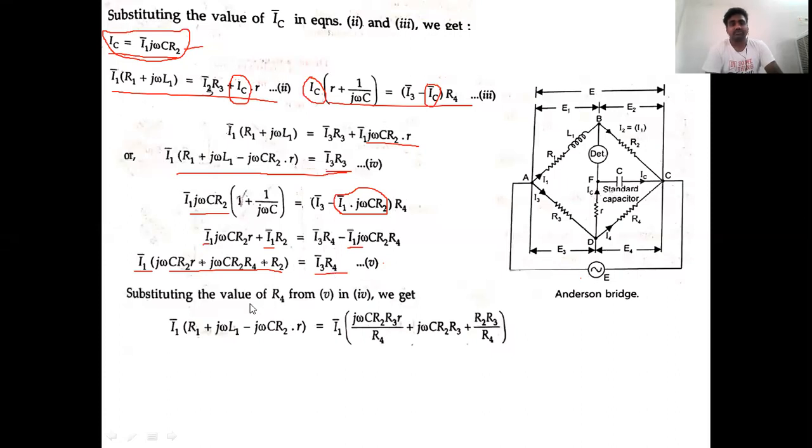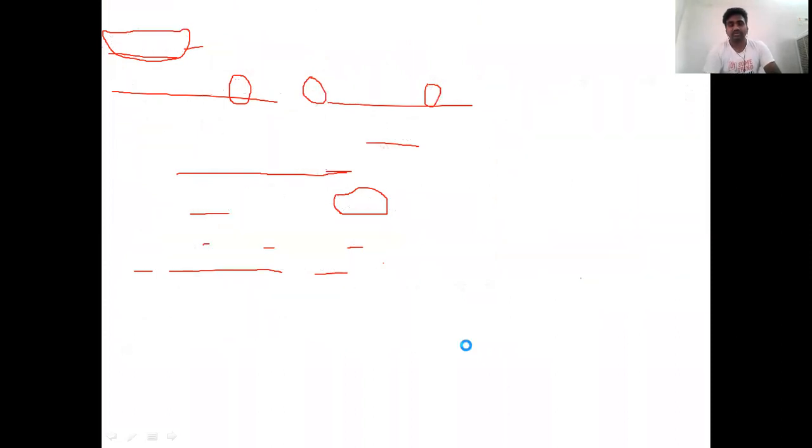Okay, so if we substitute the values here, this will be the expression, that is I1 into R1 plus j omega L1 minus j omega c into R2 into R, that is equal to I1 into j omega R2 into R divided by R4 plus j omega c into R2 R3 R4, R4 will get cancelled, plus R2 R3 divided by R4. Okay, so next if we solve the expression further,